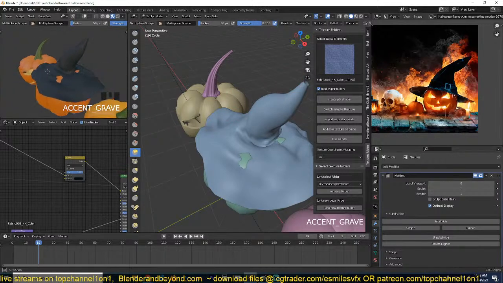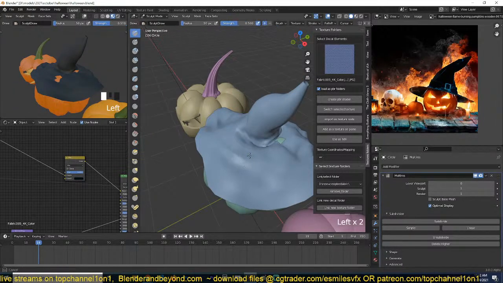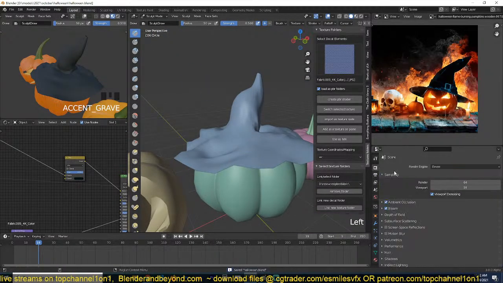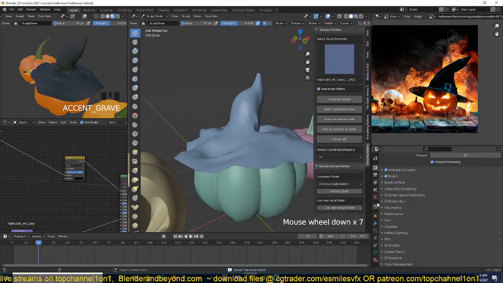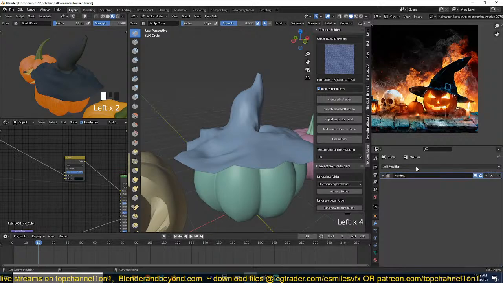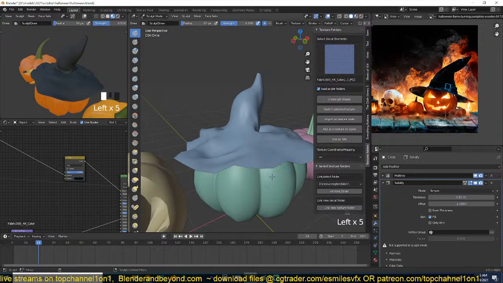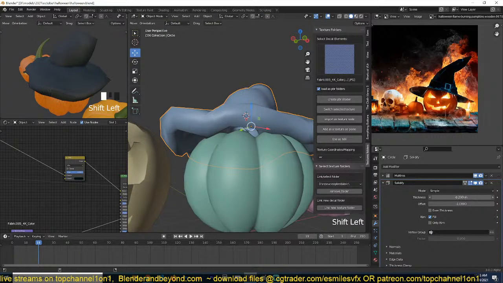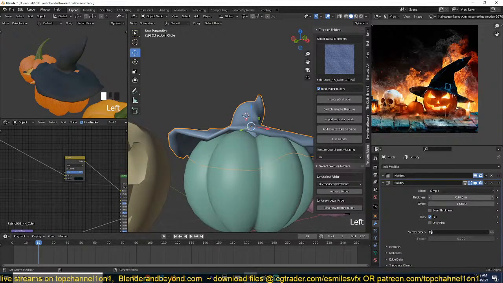Okay, so here we are. I'll just need to make sure that this is not going through. Another thing we could do is add a solidify modifier to this, just to give it a bit of thickness. Oh, we are in sculpt mode, so we need to go back to object mode just to be able to see this around that. And yeah,